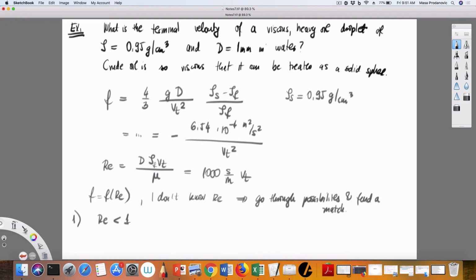I didn't derive it for you, but if you plug in the Stokes formula, you can get that for spheres, f is 24 over Reynolds. So plugging in Stokes formula, when I put that in,